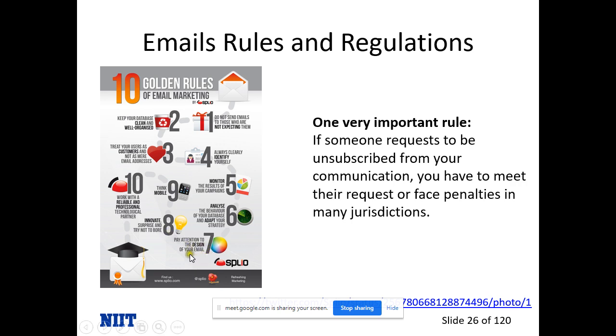Pay attention to the design of your email. That's very important. And that's what we use MailChimp for. MailChimp has some inbuilt templates which you can use to send emails, because you can decorate your email in such a manner that anyone opening the email is forced, right? Or maybe just impressed by the design, right? A good professional company will always follow a good design, right?